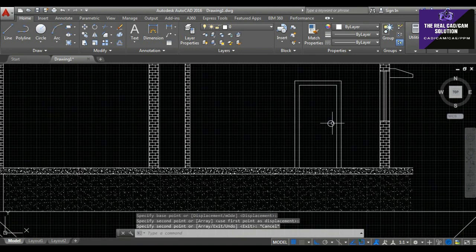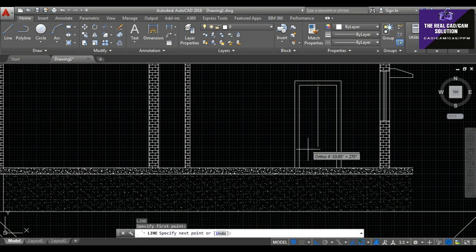And then I want to change my door to the backside view.